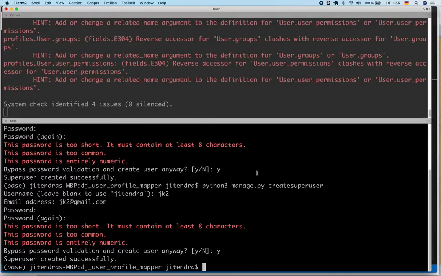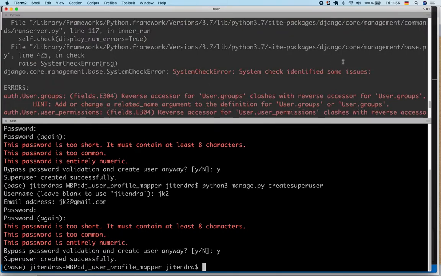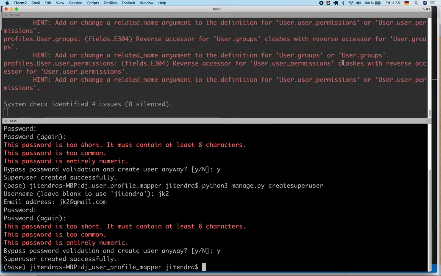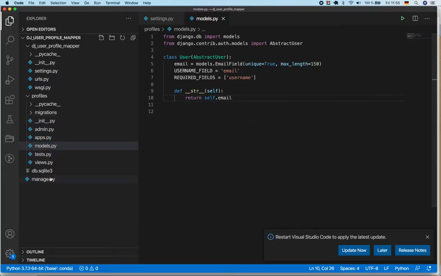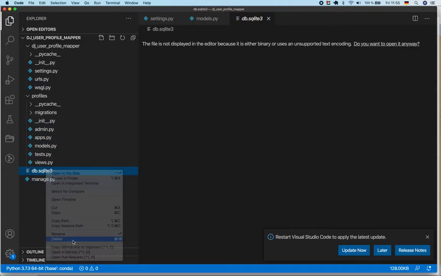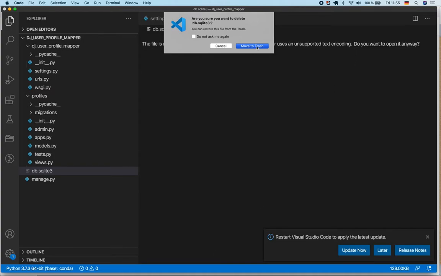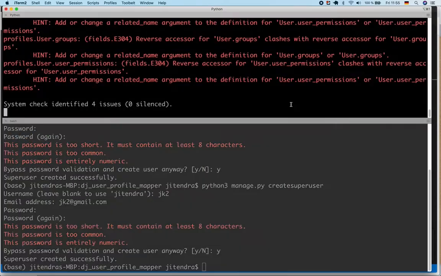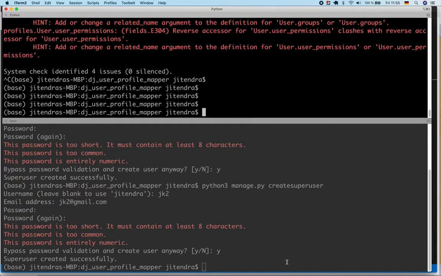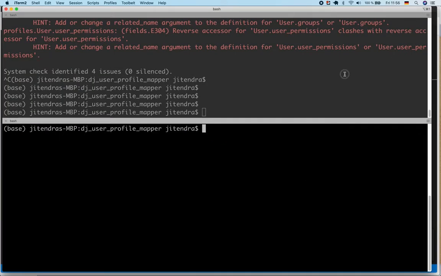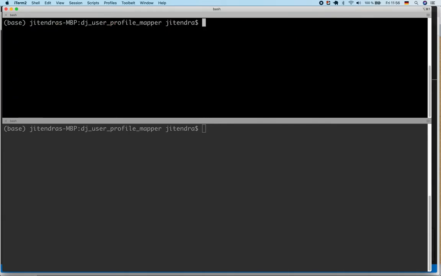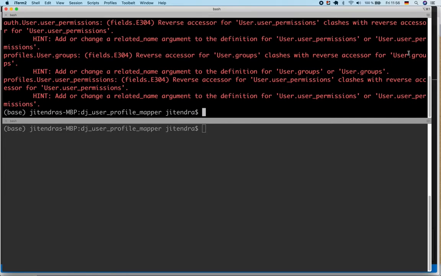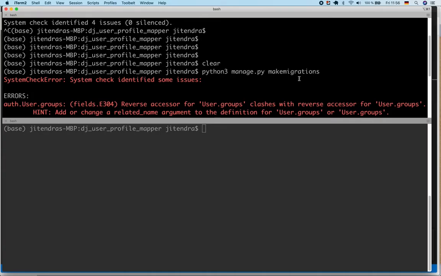Now we need to migrate this. We have errors because we have already run the migrate command. Let's do one thing. Let me delete the existing SQLite database, move to trash and recreate it again. So I will close the server, clear. Now here in the console, python3 manage.py makemigrations. Oh no,